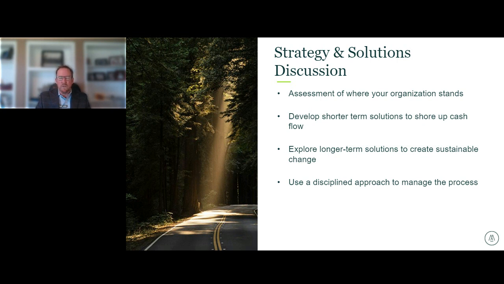Again, we'll go through this in a little more detail, but the analysis we're talking about isn't just benchmarking. It's looking at, frankly, data that's out there right now that a lot of organizations don't really tap into. It can inform on broader issues, like reasons for poor length of stay performance. That's a big ticket item that requires a lot of work and a lot of energy to change. Patient throughput issues and care variation. These are all big ticket items that are worth millions in any hospital and tens and tens of millions in other systems, and of course much more in the larger regional and national systems.